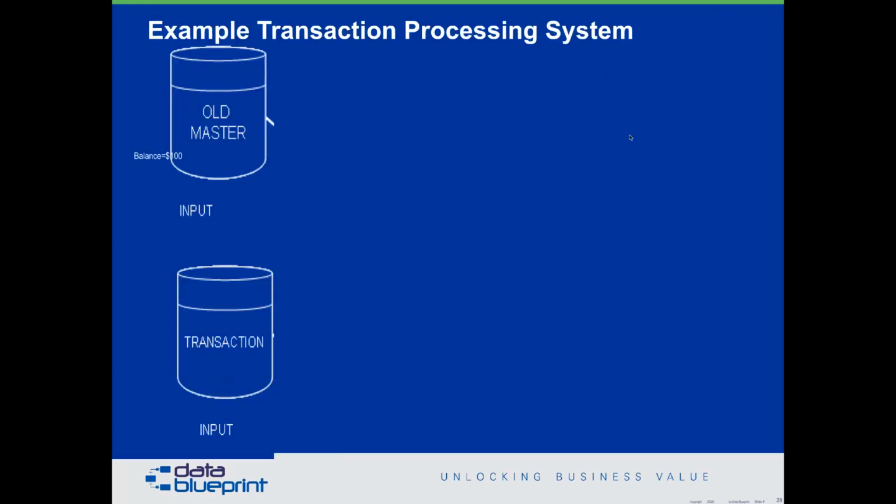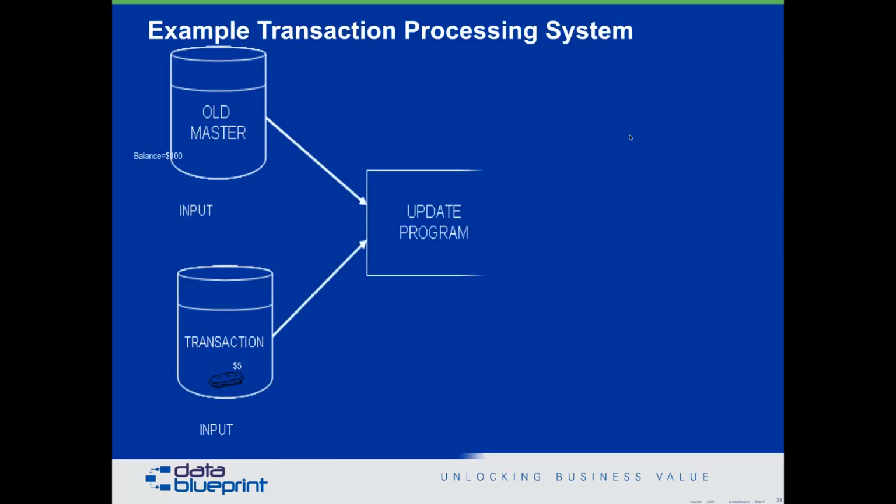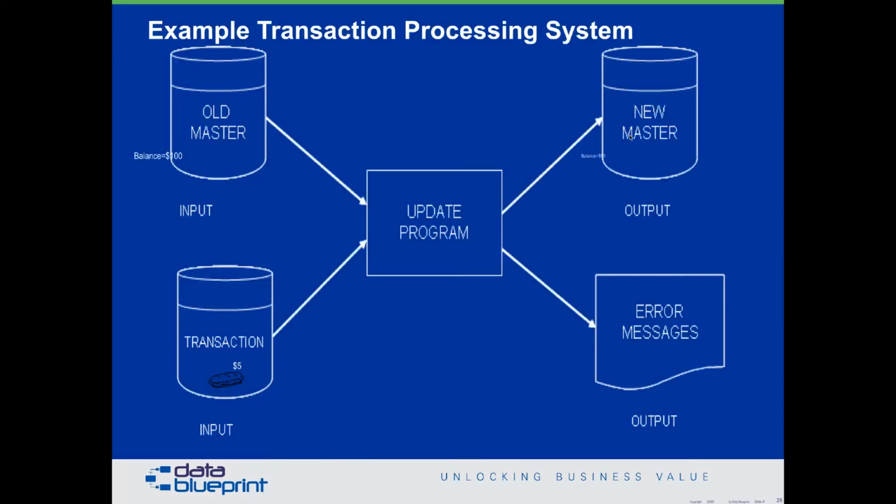Again, balance of $100, take the $5 out, and now my new balance comes in at $95. And by the way, I'd like to get some error messages out of that as well, just to make sure that everything worked exactly the way it should. Again, catch me at a conference or something. I'll tell you stories about this where it's happened. We've had lots and lots of good things, but this is what we're talking about for master data.